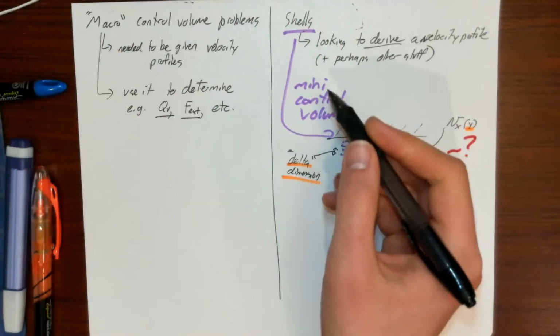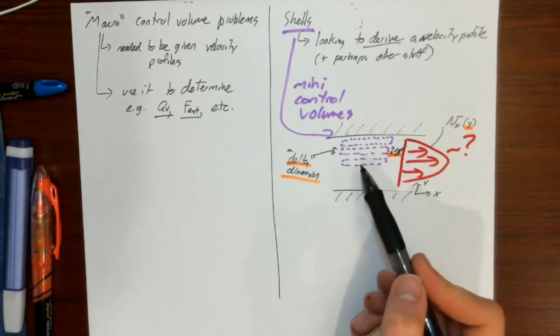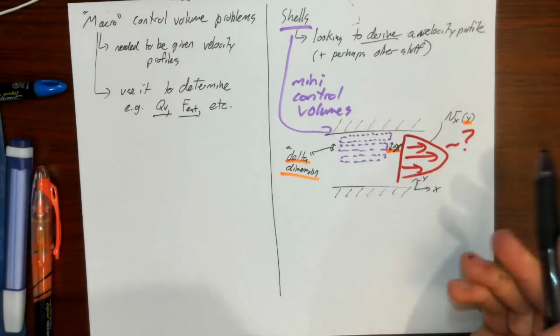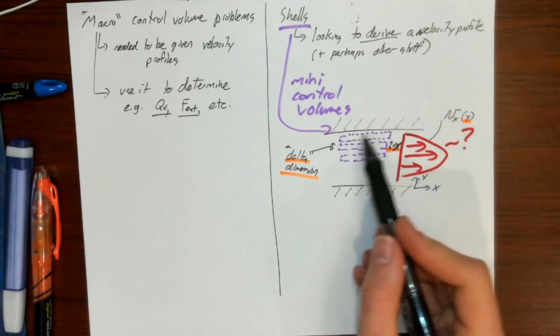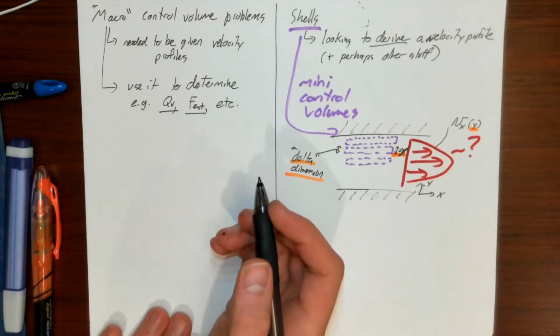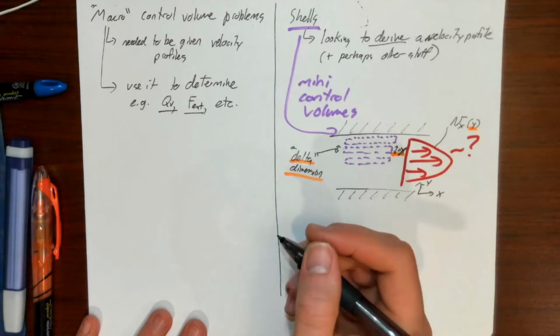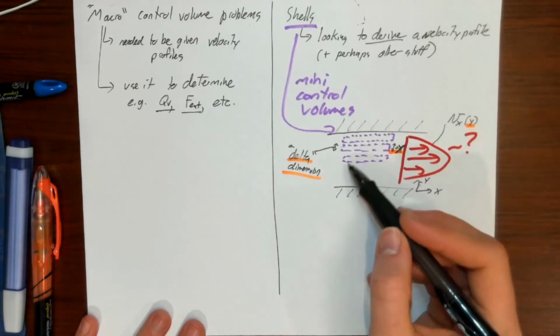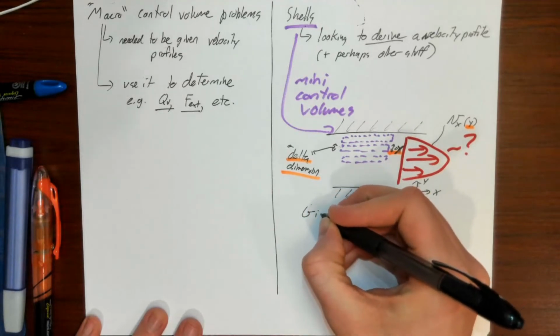And the idea with shells is, and then we can apply some further analysis to this control volume that I'll talk about later on when we define the steps for shells problems. But the idea here is we're carving up our system into a bunch of little control volumes, and this enables us to derive the velocity profile. And to derive this velocity profile, we need to be given a whole lot less information, right? So here we only need to be given,